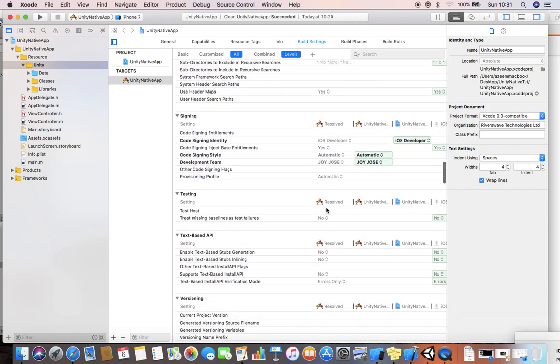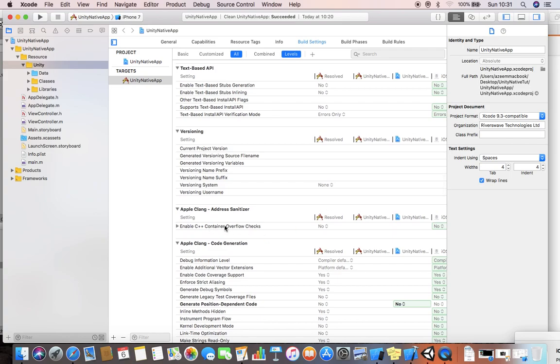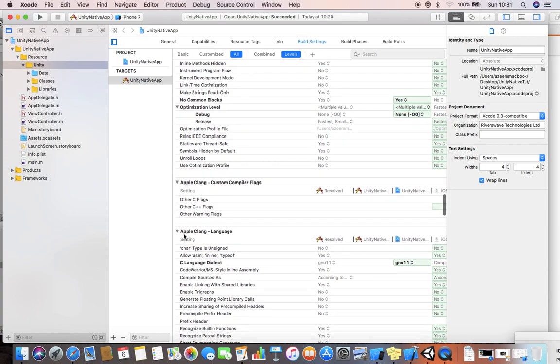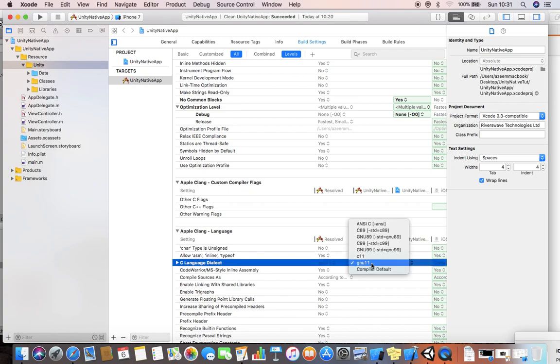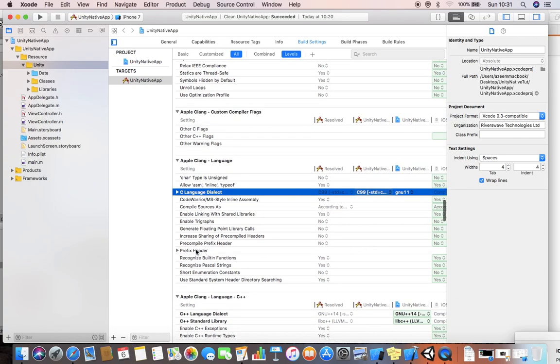then we need to search for the other settings. Enable C++ container overflow checks under the address sanitizer. Check it as no. Then under the Apple C language dialect, I'm going to select this as C99, standard 99. Under the prefix